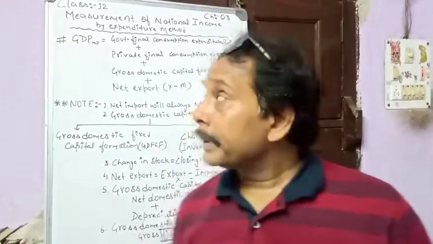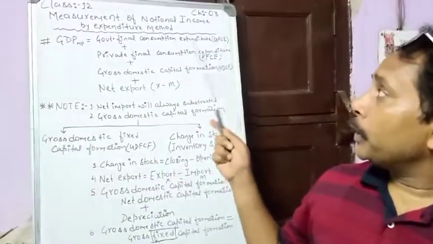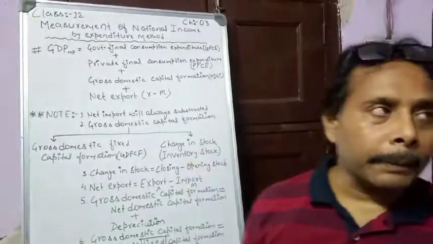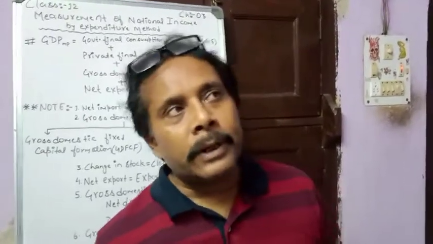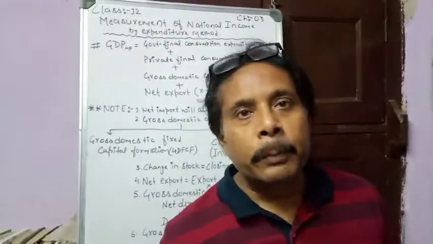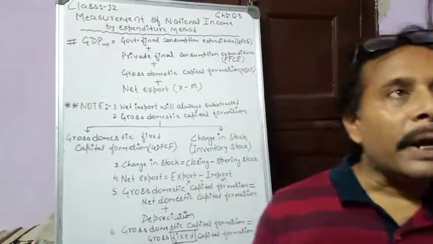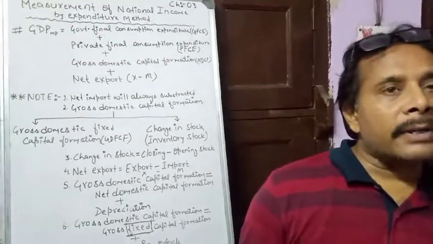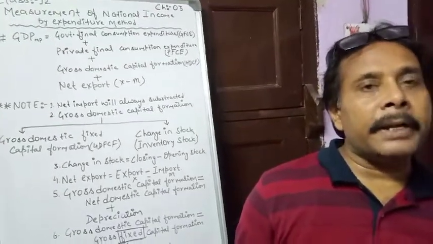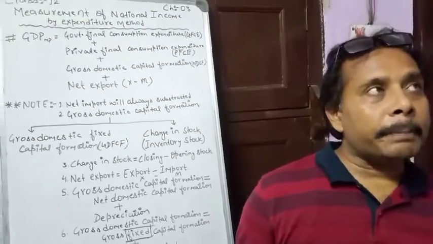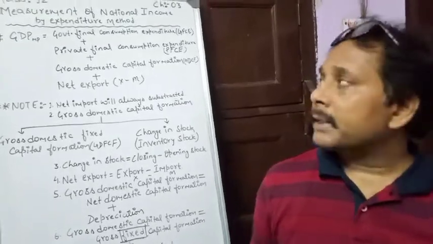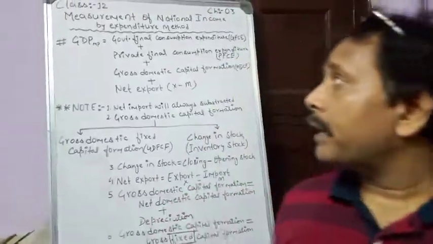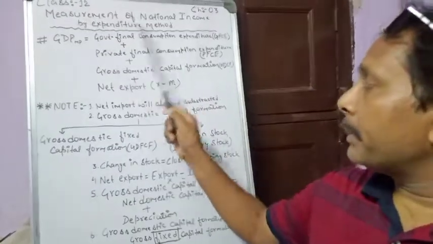Dear student, today in this topic I am going to explain how we can measure the national income with the help of expenditure method. So expenditure method is also known as income disposable method. Why is it called income disposable method? Because factor income which is generated by the people will be spent on different goods and services. It can't be saved, all the money can't be saved, and that's why it is known as expenditure method.